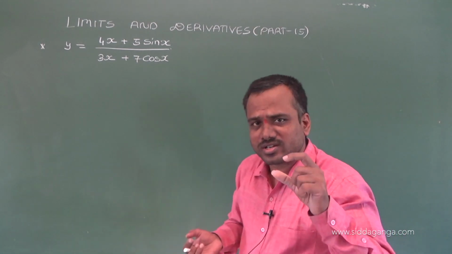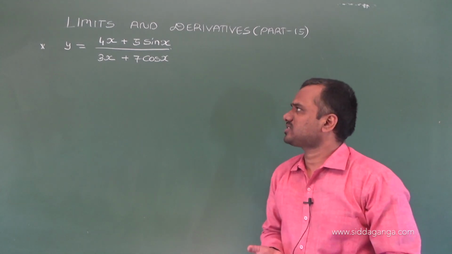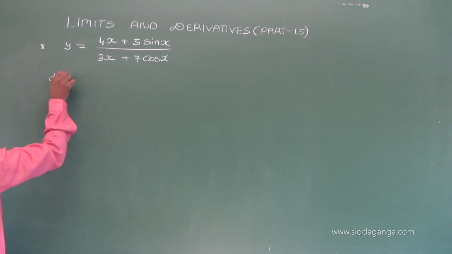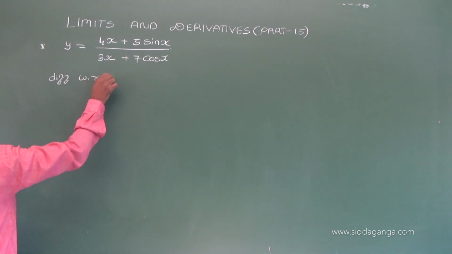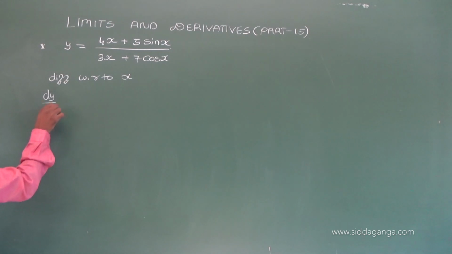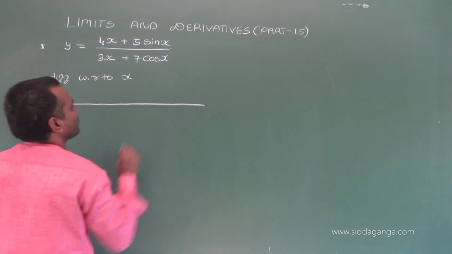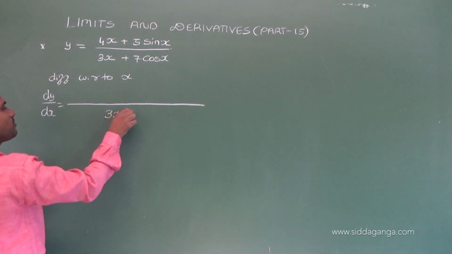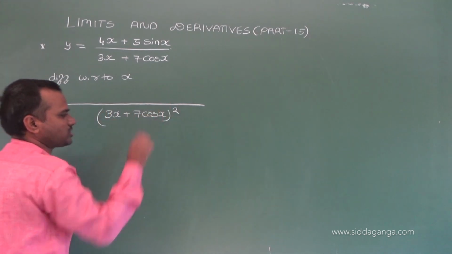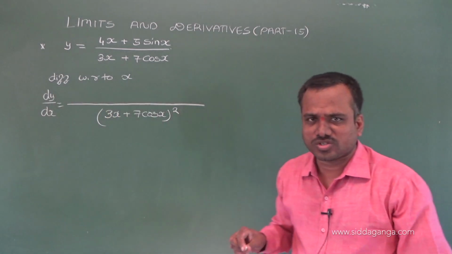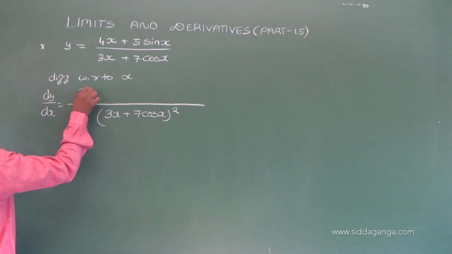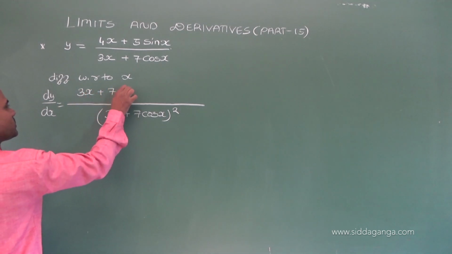So which rule is applied here? Quotient rule, division rule. So write it. Differentiate with respect to x. y with respect to x, we write dy by dx. Quotient rule you know very well. Denominator square, 3x plus 7 cos x whole square. Denominator square. Then denominator into, meaning 3x plus 7 cos x,